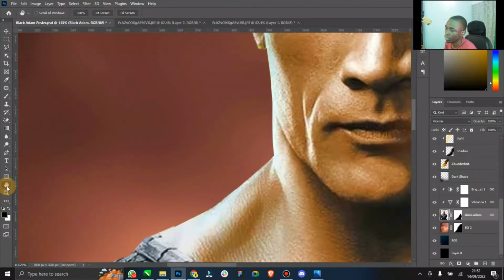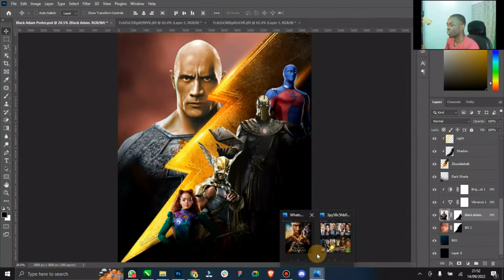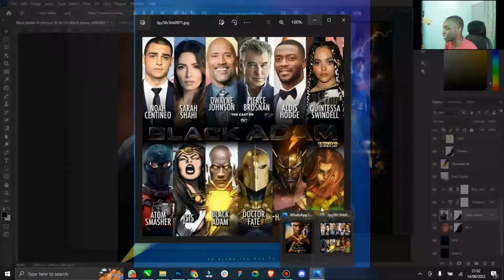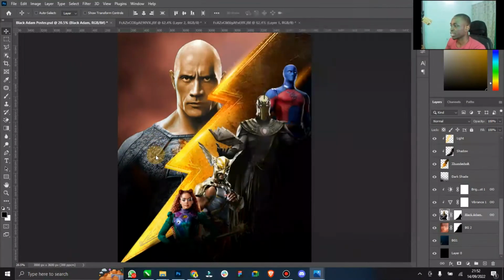All right, now it looks clear. So the next thing we want to do is to add the light, the flare lights, everything going on there, and just play around with it. I'll do my best to create one based on this character, and just play around with certain things. But first,